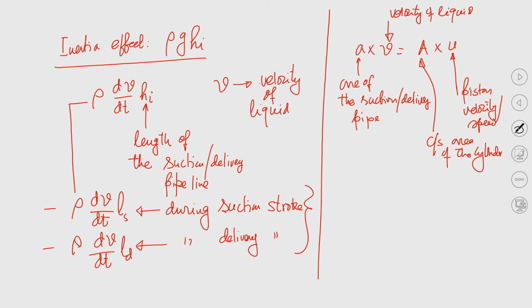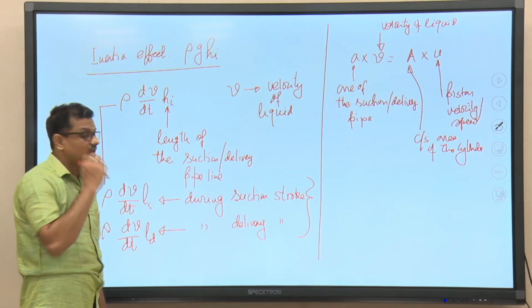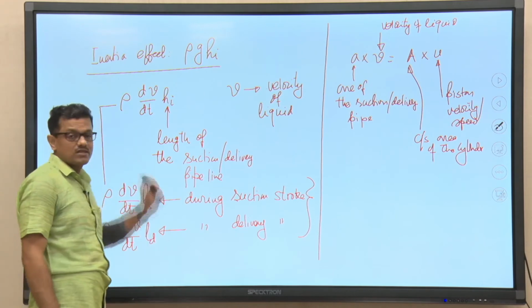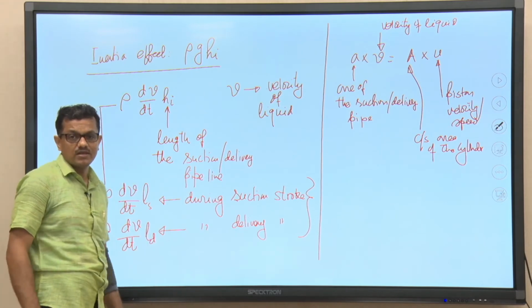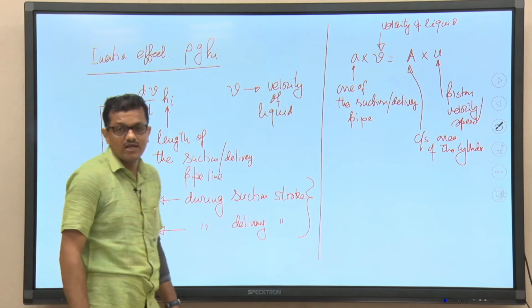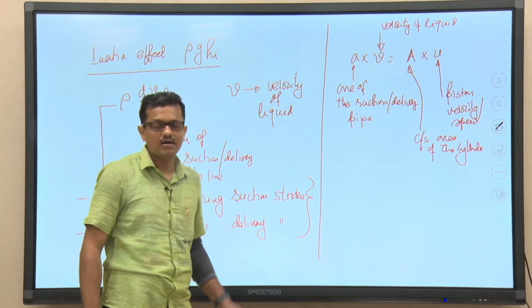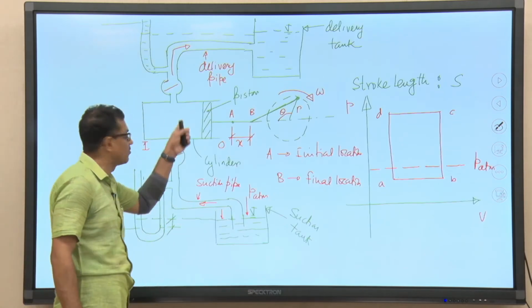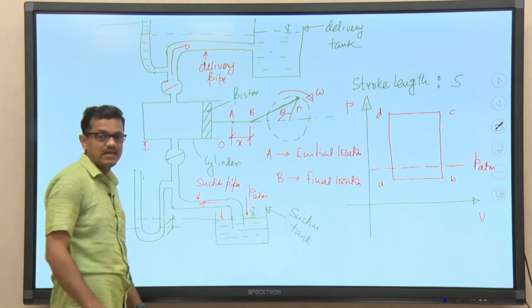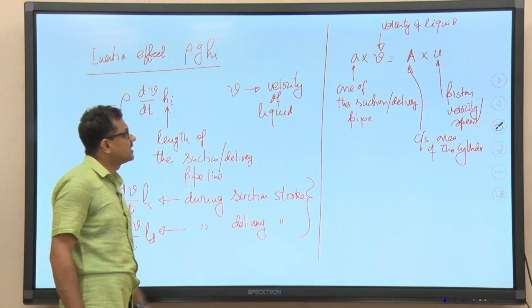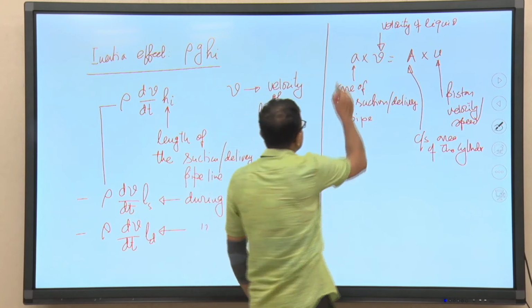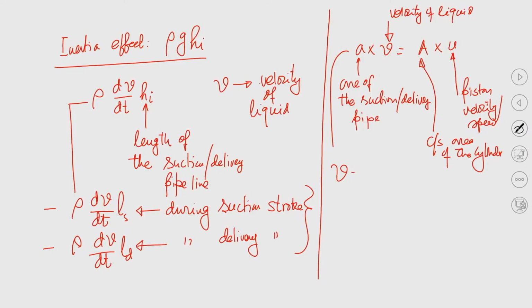Okay. So, this is very common, you have studied in fluid mechanics. Now, we are working with constant density liquid, so rho is not coming. It is not a case that density will vary from suction pipeline to the cylinder. So, constant density liquid is being handled by this pump. So, from this expression we can write V will be equal to A by small a into u, right, that is the expression.